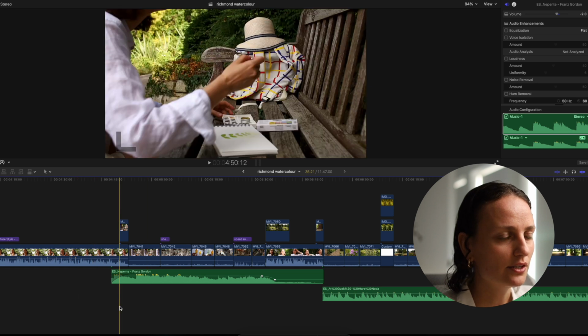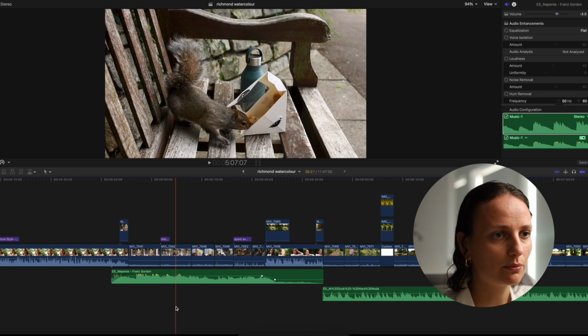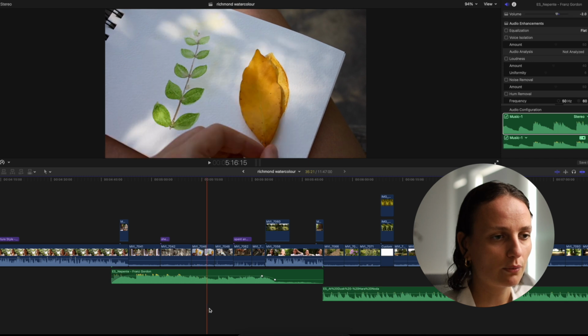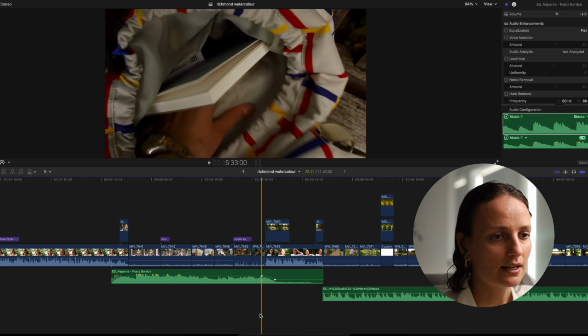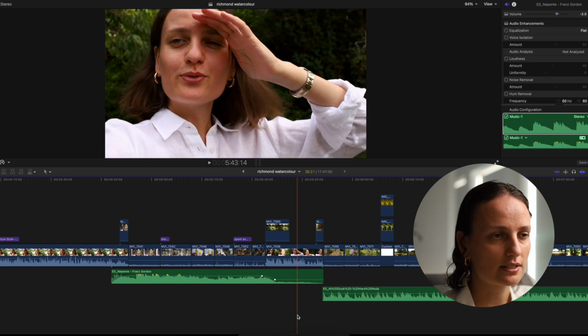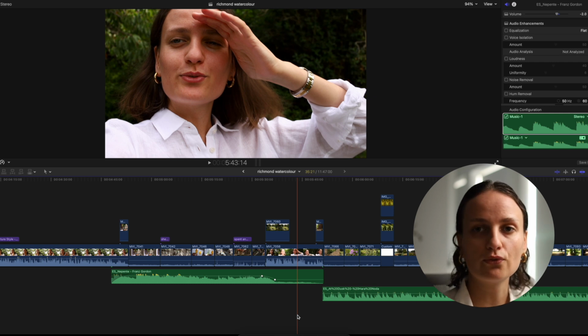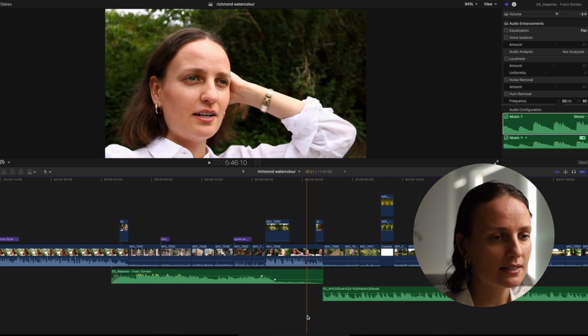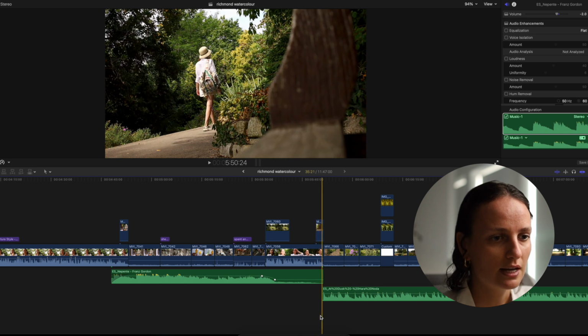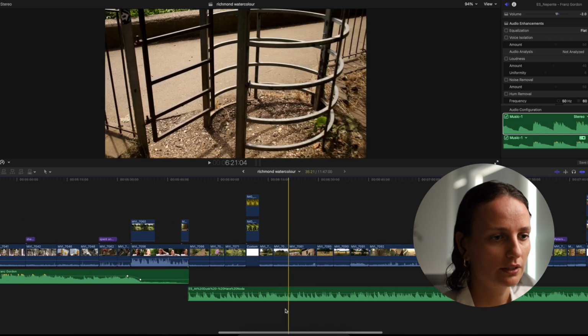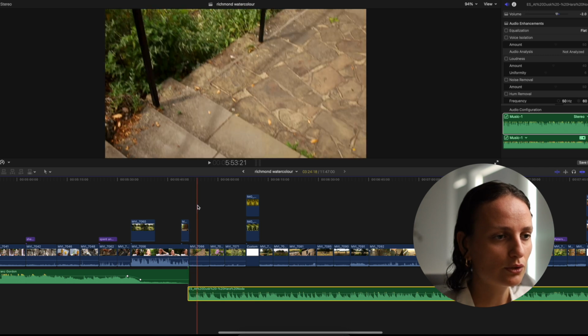So I see that here was an episode when I'm drawing with watercolor, right? And then I finish it, and here I say I'm finished and I'm going to the flower shop. And then I finish the music here and start a new track. Here, see, it's like a new track, a new chapter.